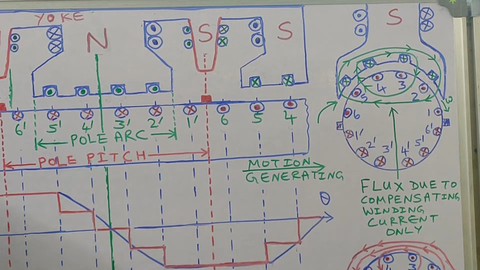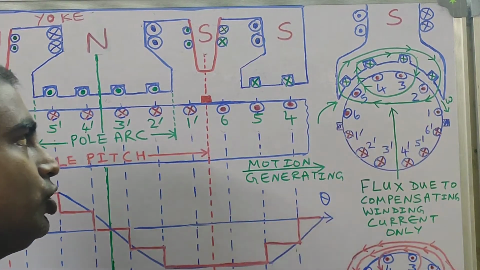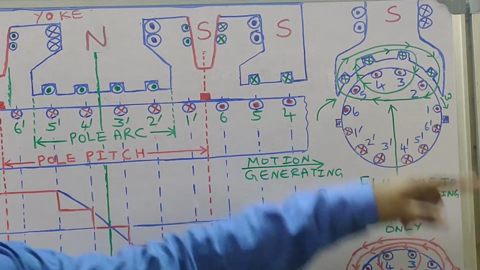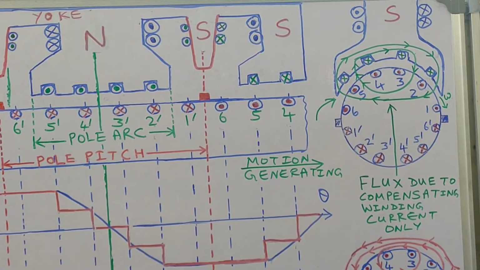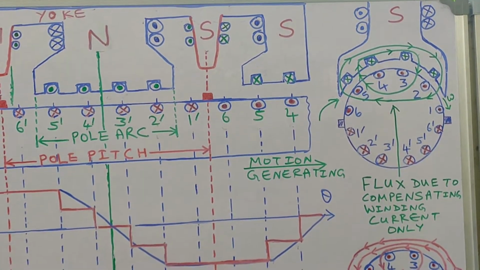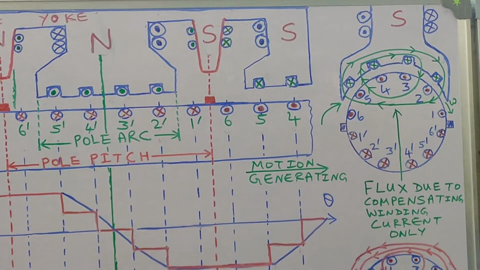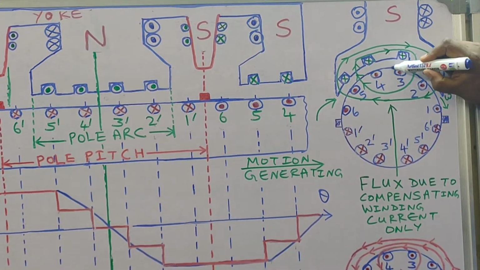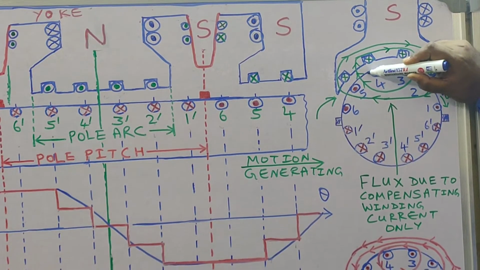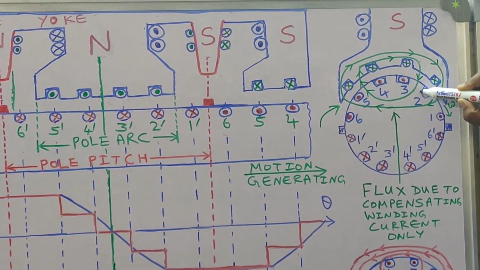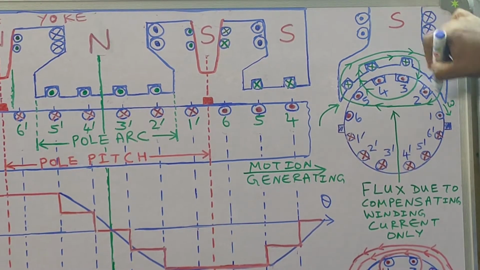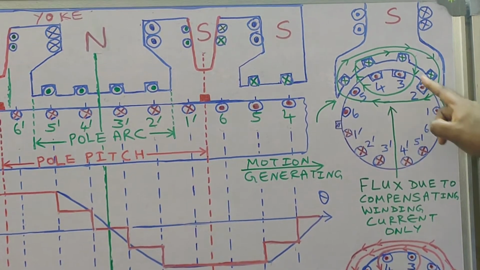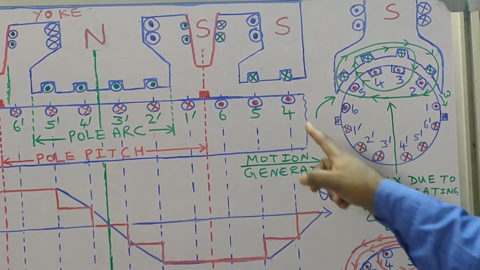Now as far as this diagram is concerned, you will notice that I have not indicated the slot and tooth portion in the armature core. That is just for your simplicity. In no way am I trying to imply that there won't be any slots and teeth. Actually there will be slots and teeth over there which I have not indicated. I should have indicated slots and teeth like this, but it is not indicated just for simplicity. So the armature slots and teeth are not indicated in this diagram as well as in the developed diagram.